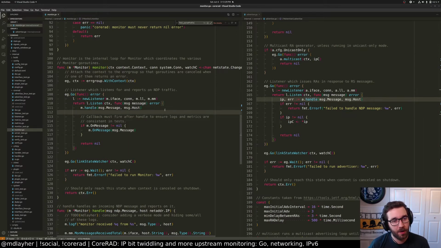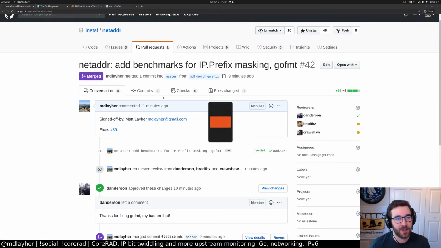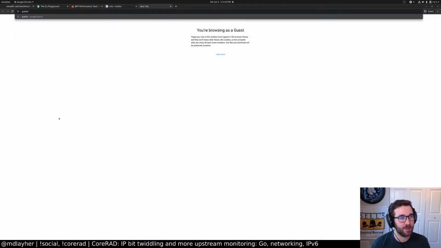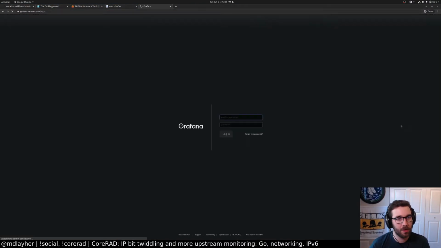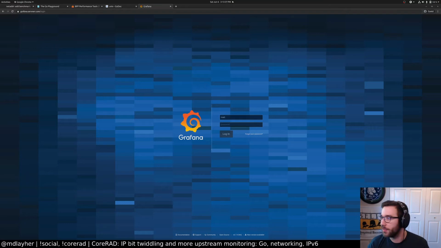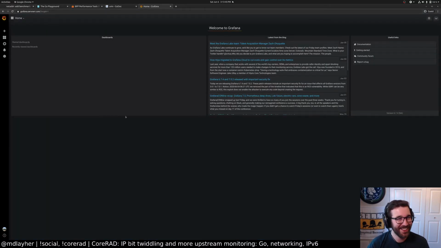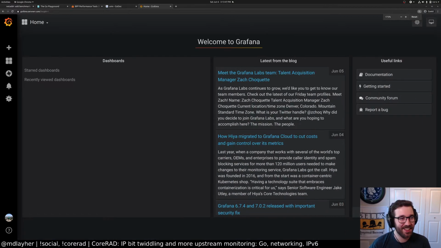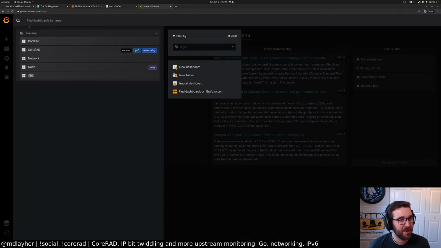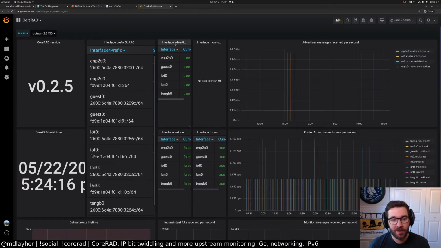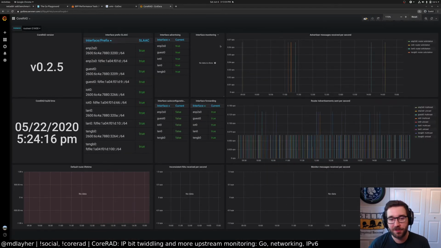I need to pop open my terminal? No. Well, first of all, I can show you all Grafana. This is what I'm working on with my Grafana stuff. Let me pull up LastPass. Grafana. Good luck guessing my 20-character random password. I'm not sure how it's going to display, actually. So I have a dashboard now. Very nice. Might not display as nicely if I zoom in, unfortunately.